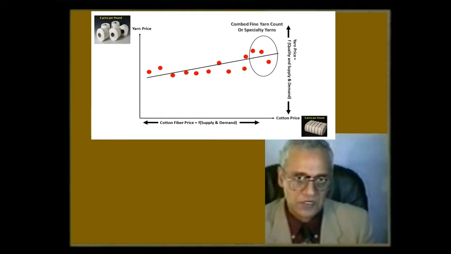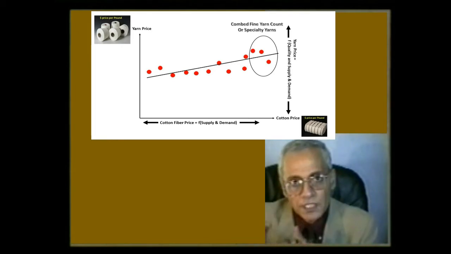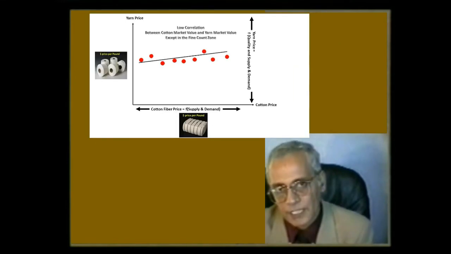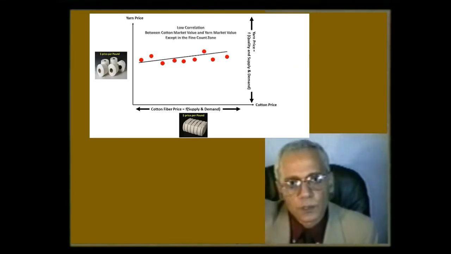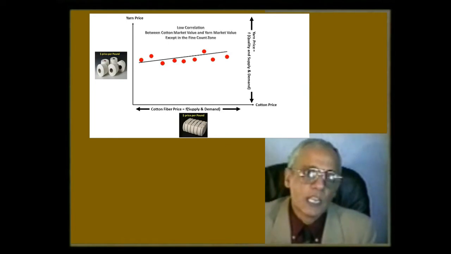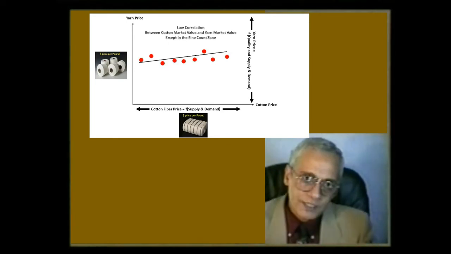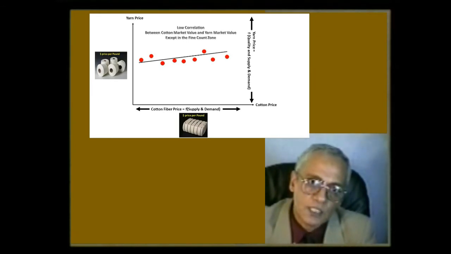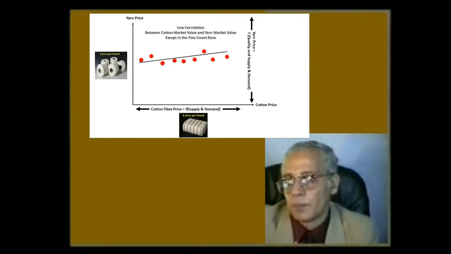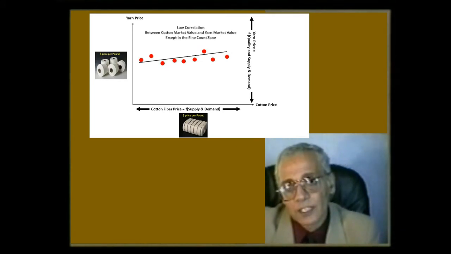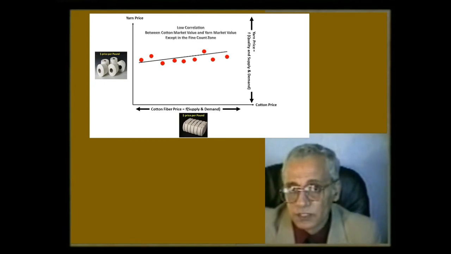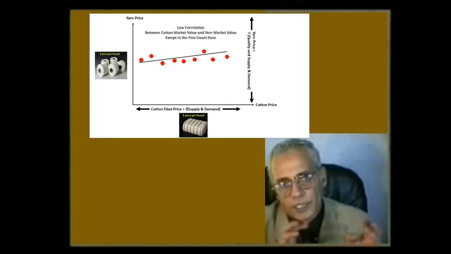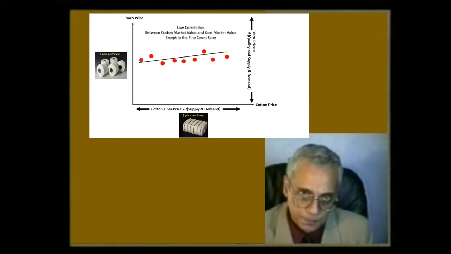This is the challenge that we face here: the margin of profit to the spinner today is highly vulnerable to the swinging price in the raw material. The raw material price can double tomorrow, but that will not be reflected in the yarn value in the marketplace. So this is something that we ought to think about a little bit and see how we can narrow the gap between the cost-to-cost correlation and the value-to-value correlation.